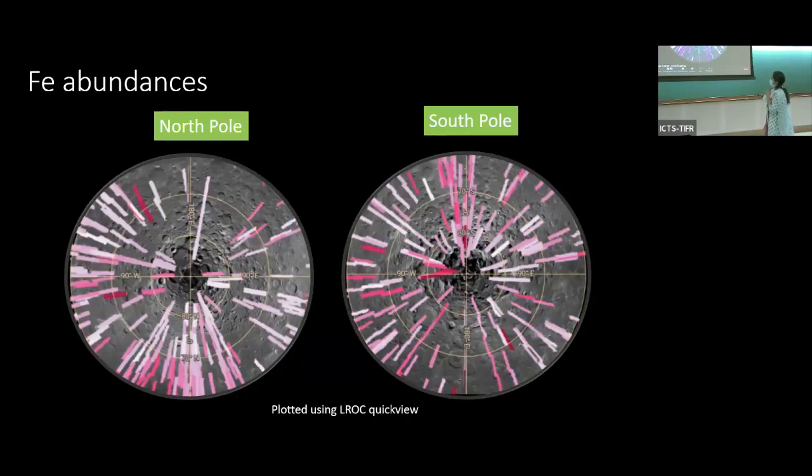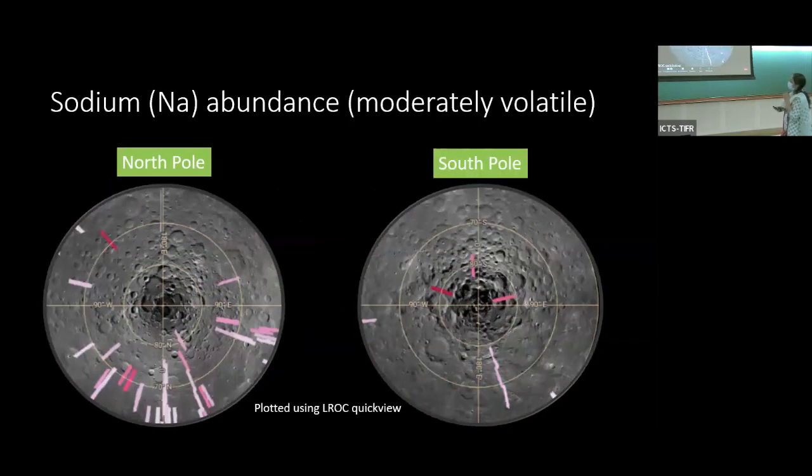So these are, again, iron abundances. These are the major elements that are in the minerals on the moon. So a comparison among them is what tells you about the geochemistry. Again, iron abundance here, you can see the diversity. So basically the take home point is that take any element, you just see that it's not a uniform composition in the poles. There is a difference between the North and the South Pole. There is also a diversity that you see